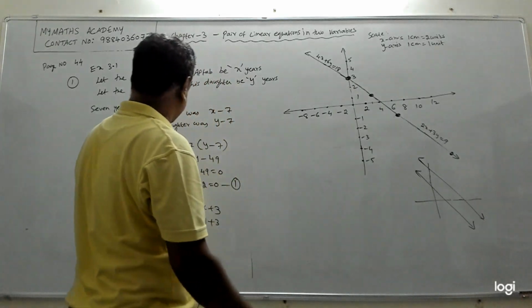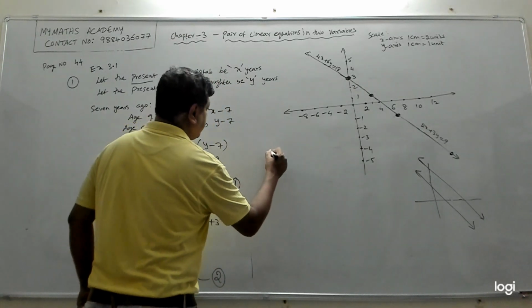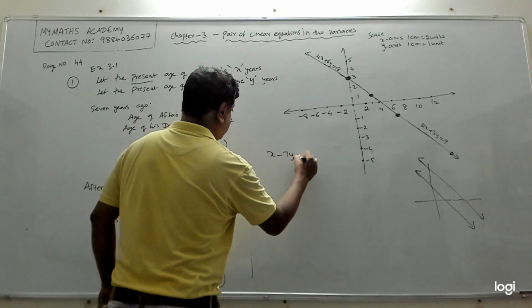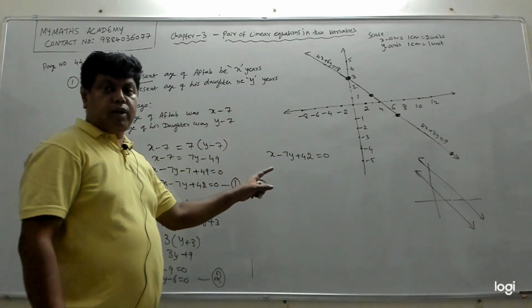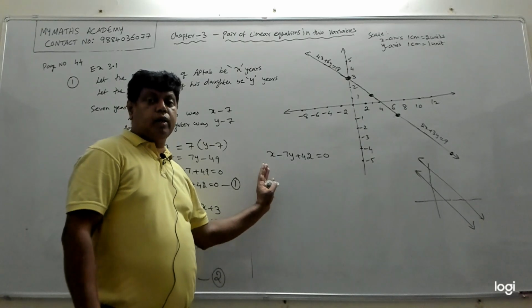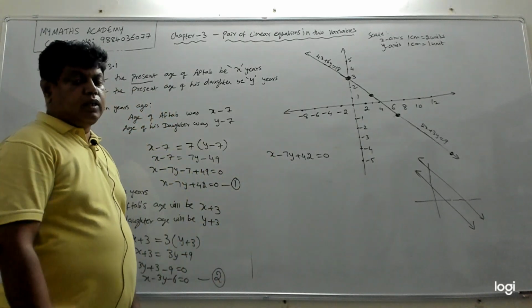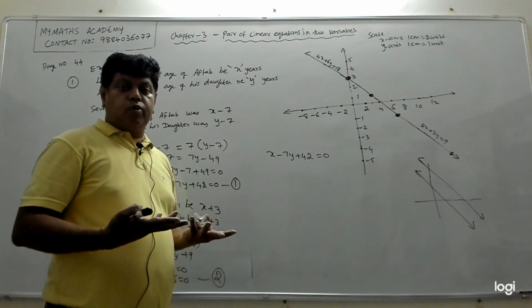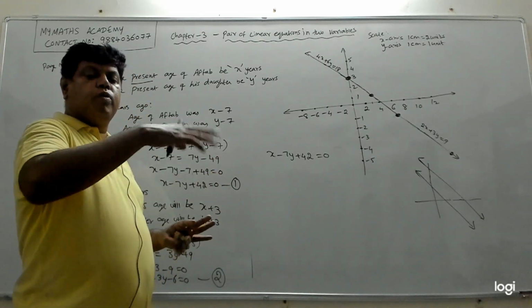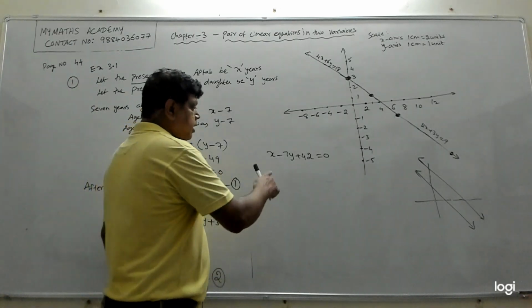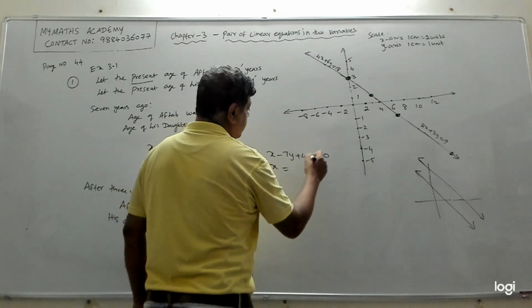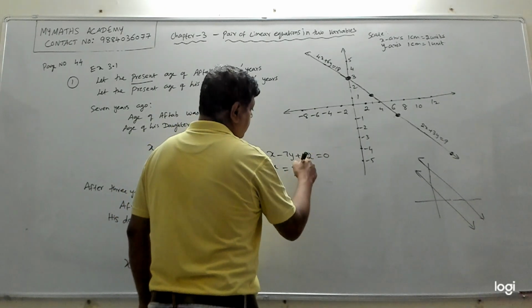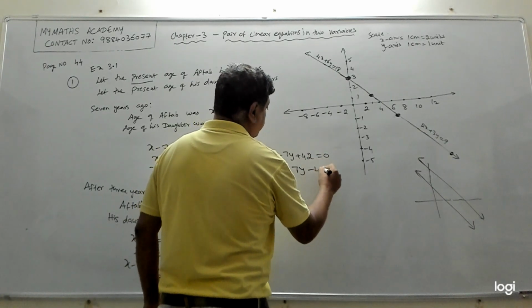Suppose you want to draw the graph for this: x minus 7y plus 42 equal to 0. I told you, you have to keep the variable whose coefficient is 1 on this side and move everything to the other side. If both of them have coefficient not 1, then you can keep y here and move everything to the other side. So here the coefficient of x is 1. So keep x alone here and move this. 7y will go here, it will become plus 7y, and plus 42 will become minus 42.